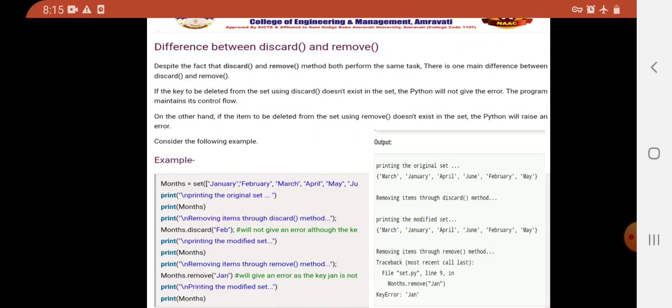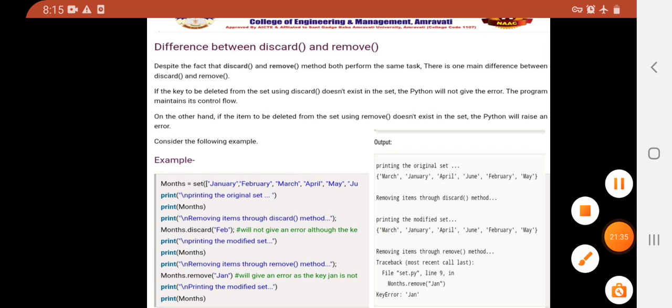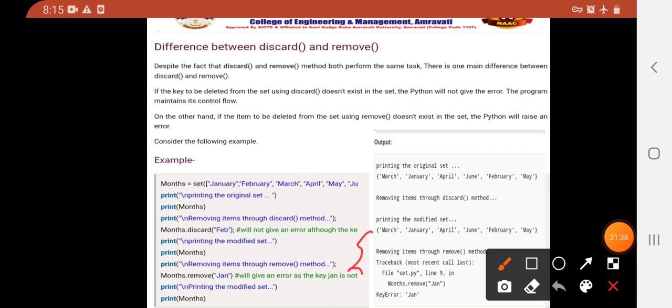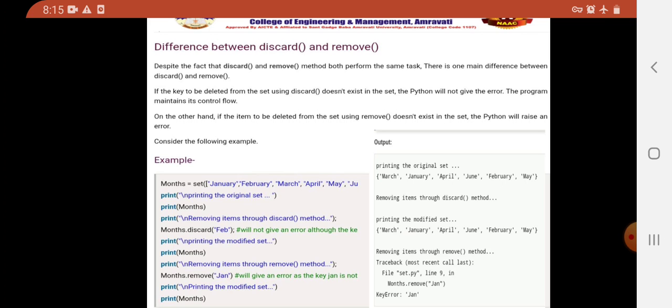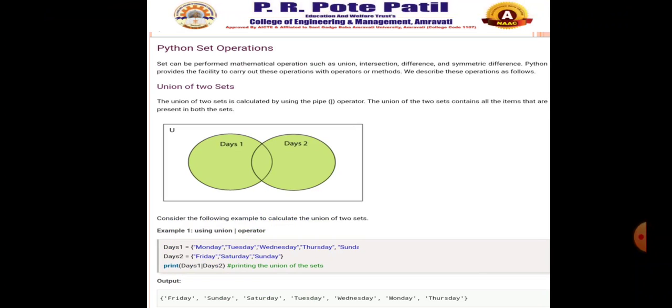But removing items through the remove method, months dot remove Jan will give an error, as the key Jan is not present in the original set. Print the modified set, so it will give the error in this format. This is the error raised by the program in the case of the remove function. So that is the difference between discard and remove.